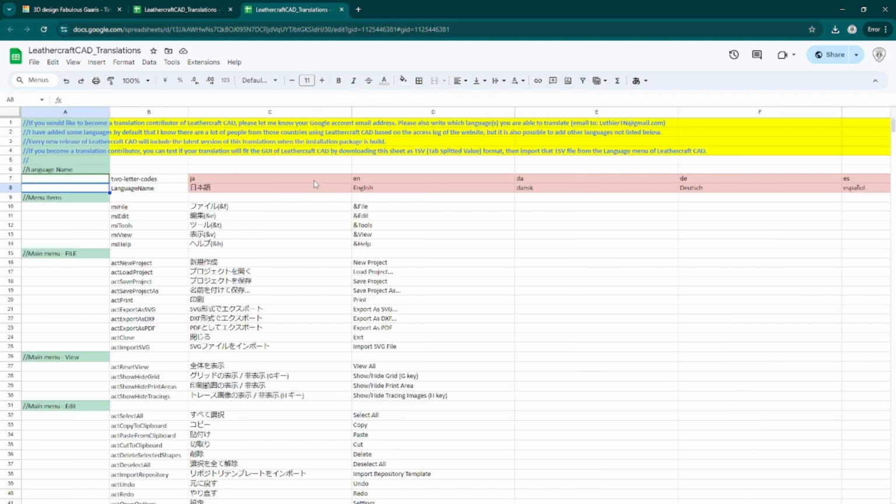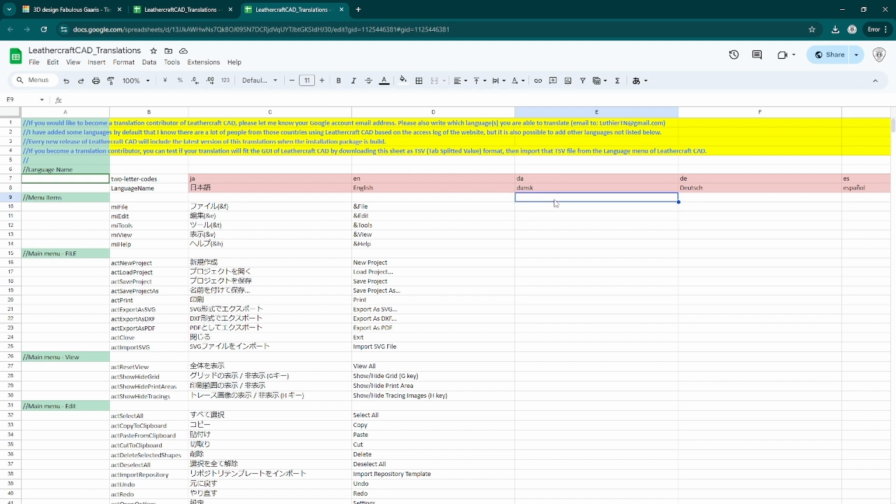But the thing is, this is a read-only page. So you need to send me an email with your Google account, and please also let me know which language you want to translate, and then I can give you access to the particular language you're interested in, and then you will be able to change these cells. Otherwise, this spreadsheet is read-only for everyone.